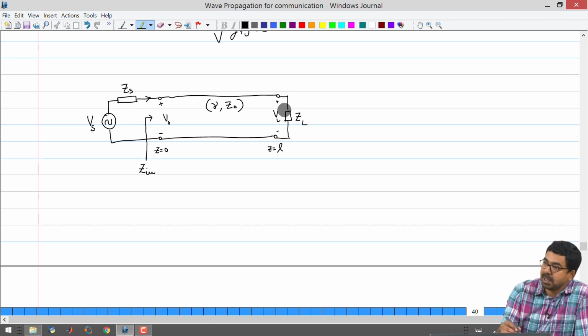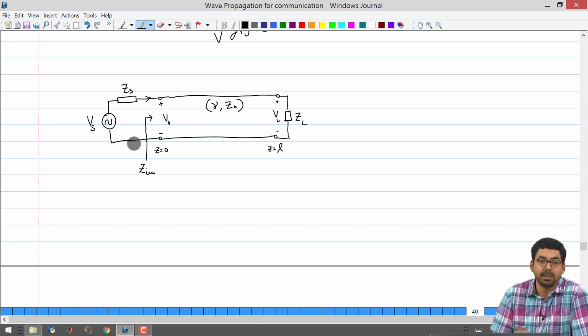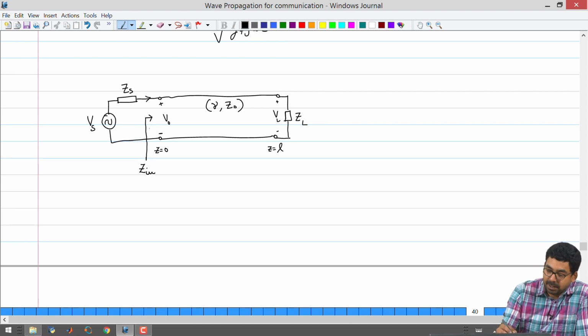Now, after that example we have progressed a lot more. We know that if you are looking into the transmission line from the source side, there is going to be an impedance of Z in. So, to calculate V naught, we have to take the source voltage and do a voltage division between the series impedance Zs and Z in, and then figure out V naught plus, then V naught minus, and then start drawing bounce diagrams. So, to be clear, V naught comes from voltage division between the series impedance and the input impedance seen over here.